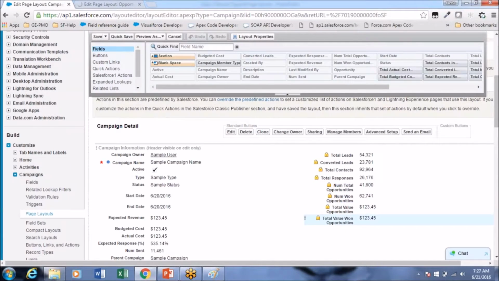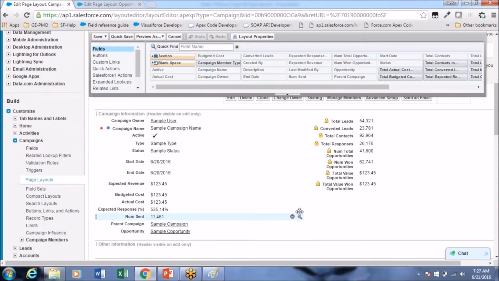So these are all the fields related to opportunities. Okay, so I want to see these fields in a different section, not in the same section.